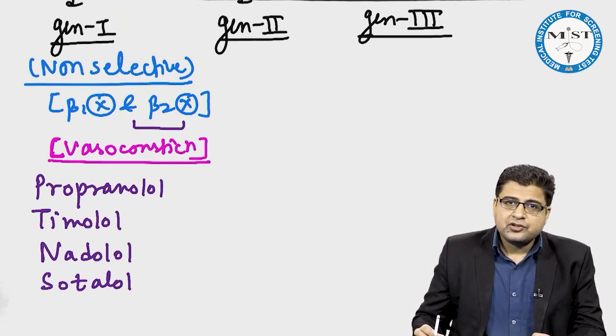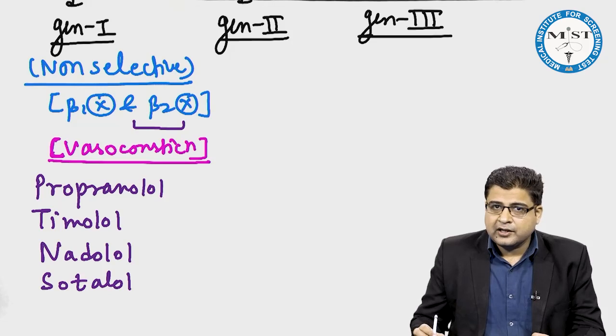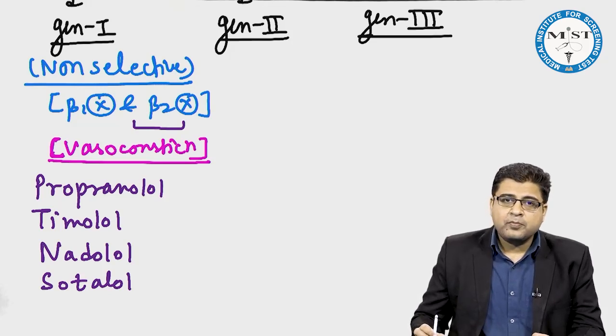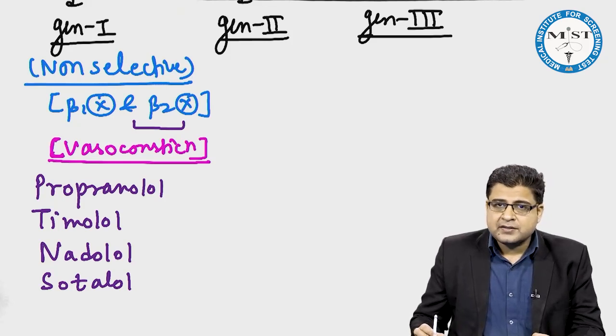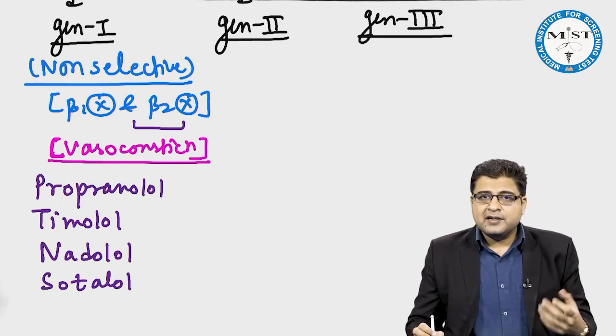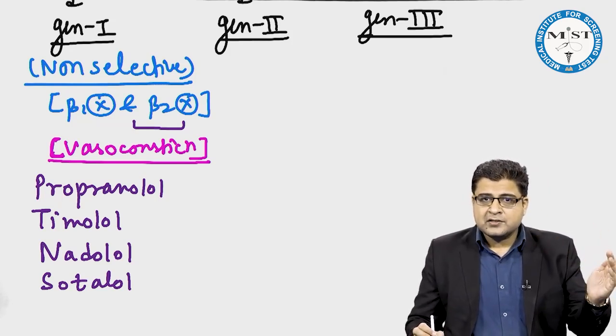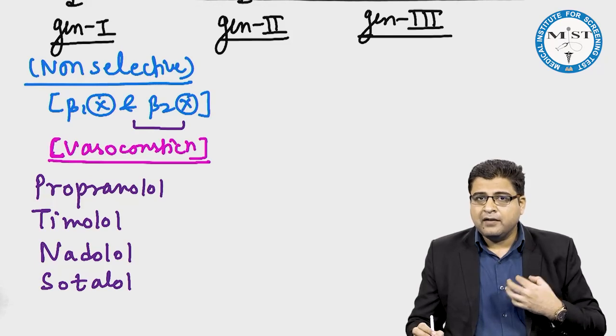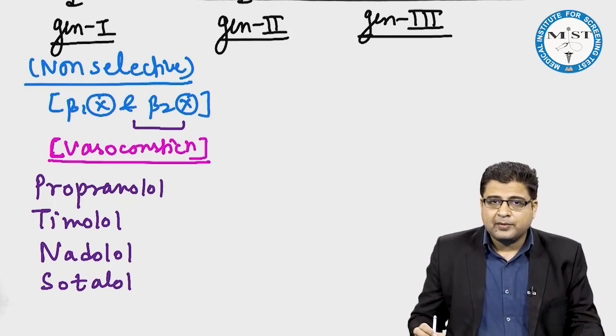If we talk about generation 2 medicines, these medicines are known as selective beta blockers. These medicines are selective in their action as they block only beta 1 receptor. And beta 1 receptor is not present on blood vessels. That's why by blocking beta 1 receptor only, these medicines have no effect on blood vessels. But beta 1 receptor is present on cardiac structure. So these medicines are not active on blood vessels but only on the heart. We call them cardioselective beta blockers.